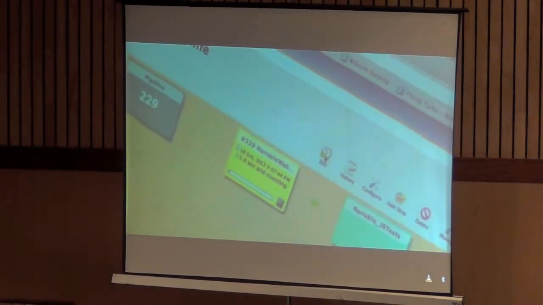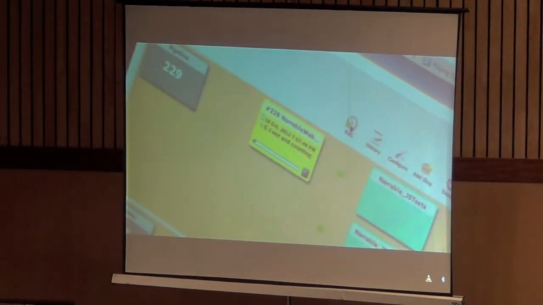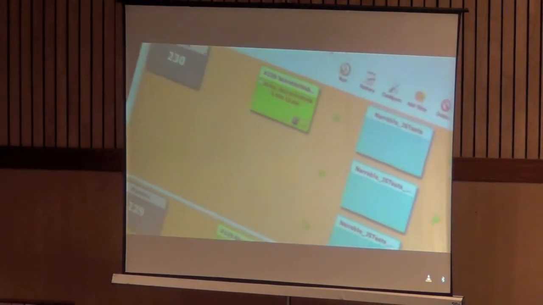This is our build pipeline, where we first run all our unit tests at the backend and then run JS tests across different environments and different browsers.